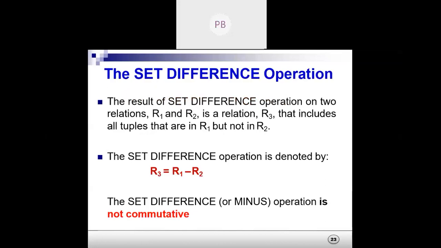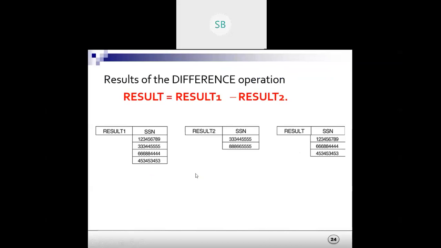So all these operations will be applied in normal SQL also, okay? And the last is set difference. In set difference, like in set theory, we represent it using a minus operation, right? What does it mean? It will display all those things that are present in R1 and not in R2. So let's take the example first, then I'll explain it to you.